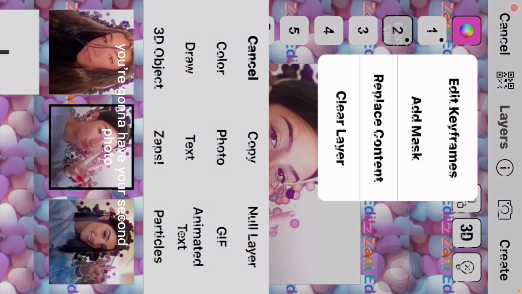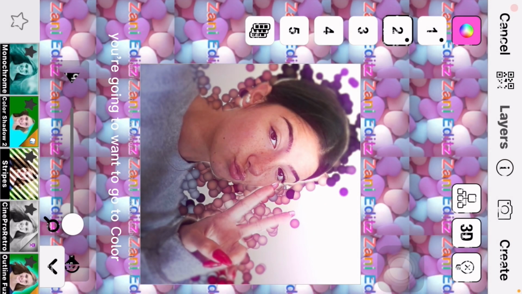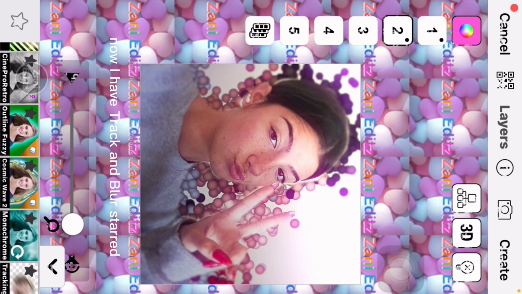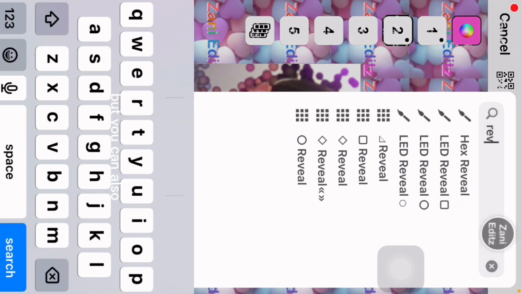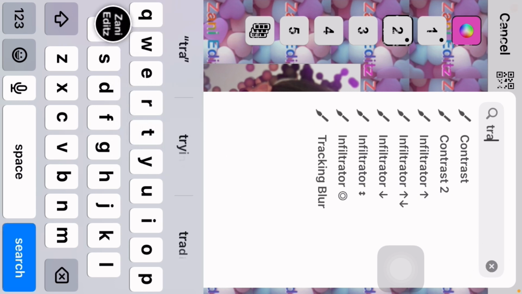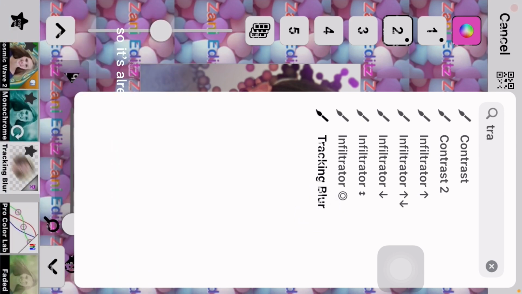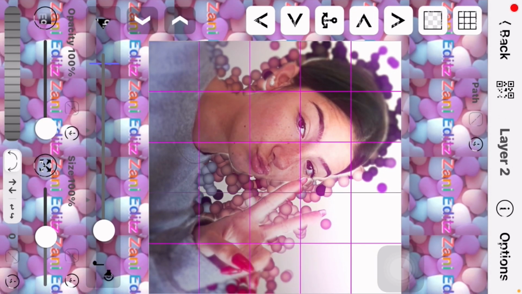Now, we're moving on to layer 2. You're gonna have your second photo. You're gonna want to go to color. Now, I have track and blur starred, but you can also search in the search bar for track and blur. I just use it a lot, so it's already starred and saved for me. Now we're going to edit keyframes. And now that we're on layer 2,